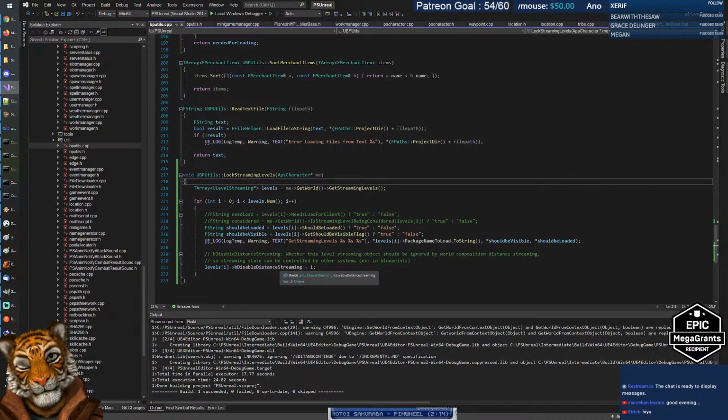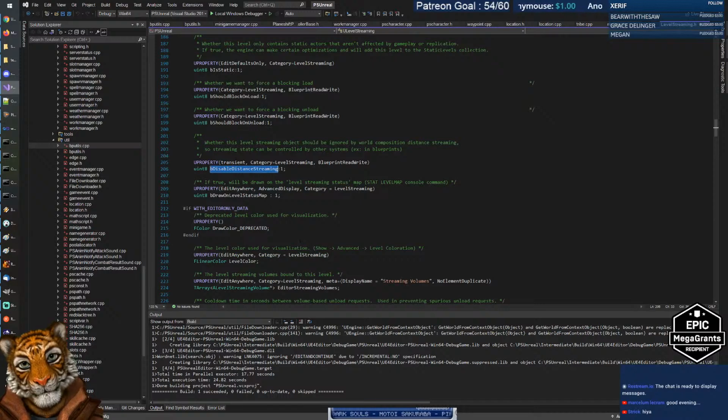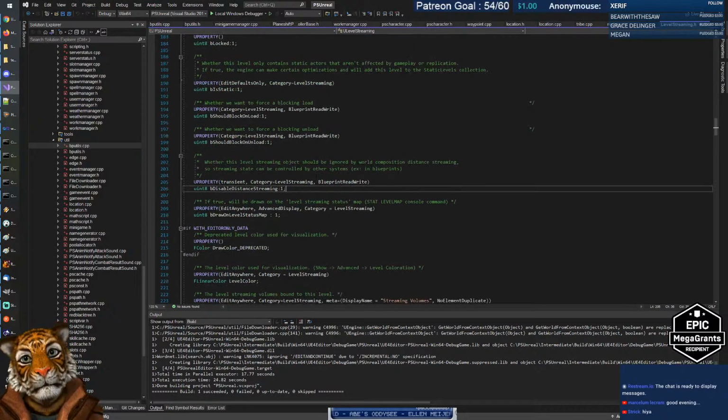I don't understand why this is a uint8 and is not a boolean. It is kind of strange. Why is it a uint8? I mean, you can give it numbers that are not 0 or 1. I don't think so, because it's a boolean anyway. I mean, it's considered a boolean. I don't know, maybe just for internal reasons they prefer to do it this way. But